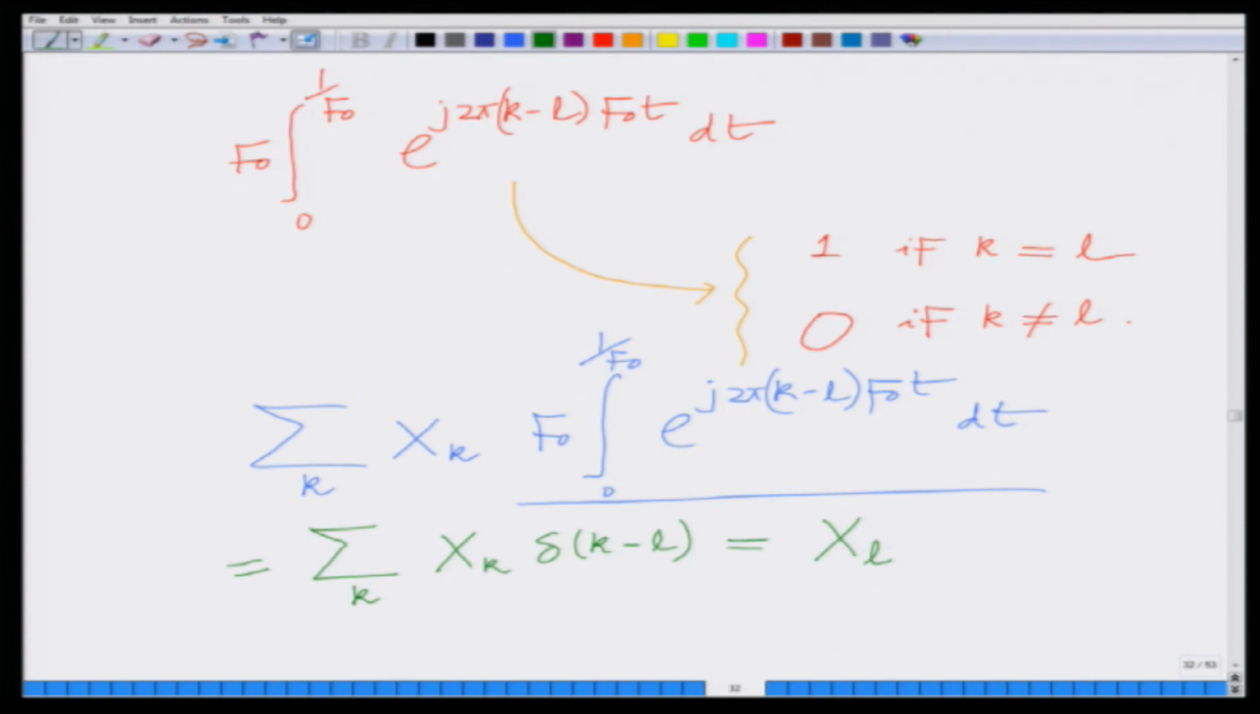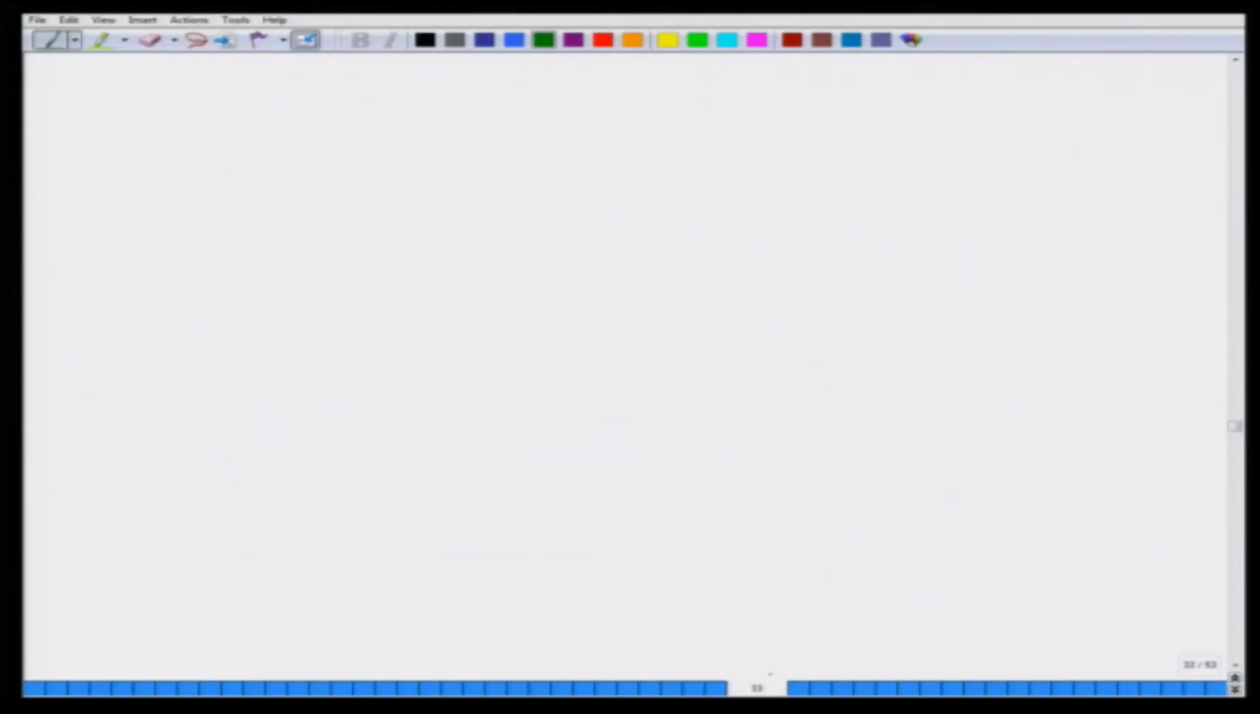So, what are we doing? At the receiver we are multiplying by the corresponding Lth subcarrier e to the power of minus j 2 pi L f naught t, integrating over the fundamental period 1 over f naught to recover the symbol x L transmitted on the Lth subcarrier. This can be done similarly for all the N subcarriers to recover all the N symbols transmitted on the various subcarriers. This is termed as coherent demodulation. So, at the receiver we employ coherent demodulation